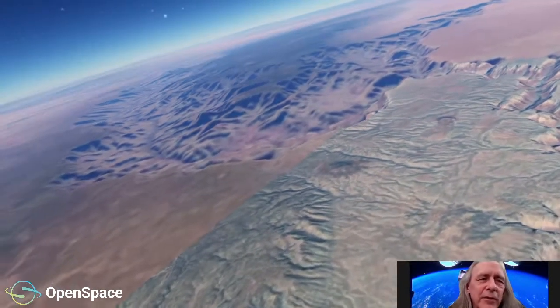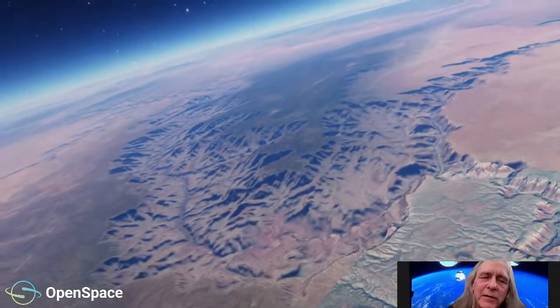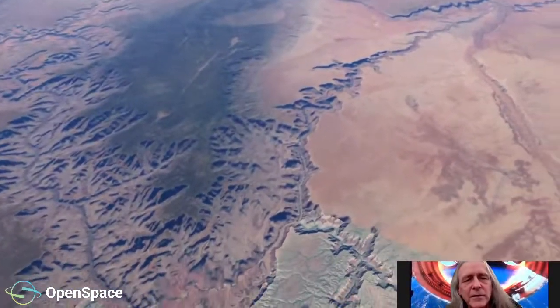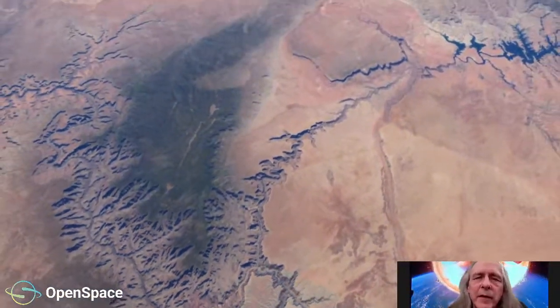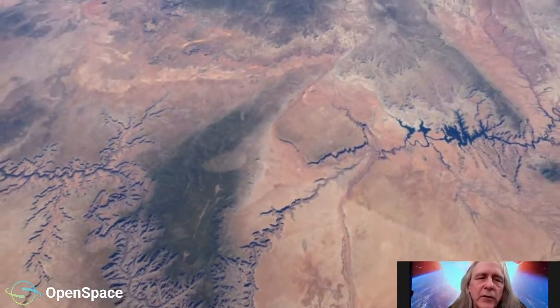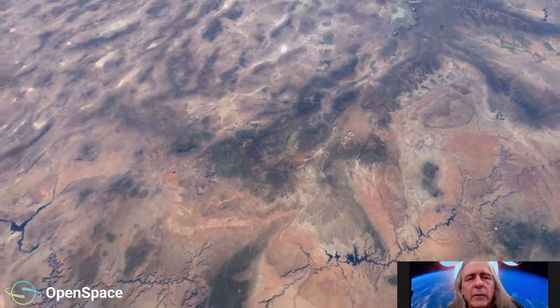Also, the stars should fade out. I forgot to turn that on, so we're actually seeing the stars through the atmosphere, which of course would not be the case. But what we do is apply globe browsers generally across the worlds of the solar system